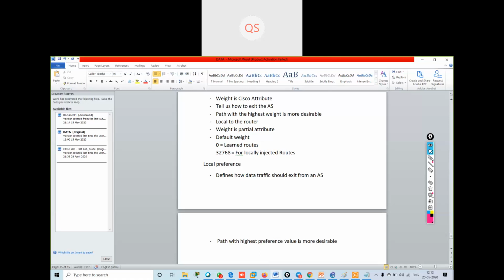Whatever routes I get are advertised only to IBGP neighbors.